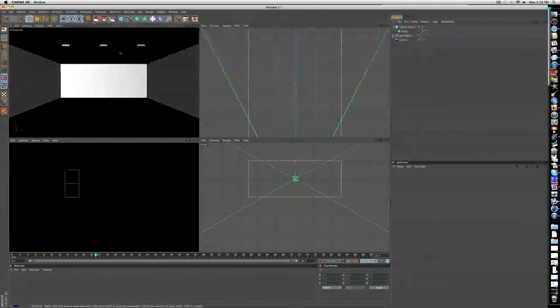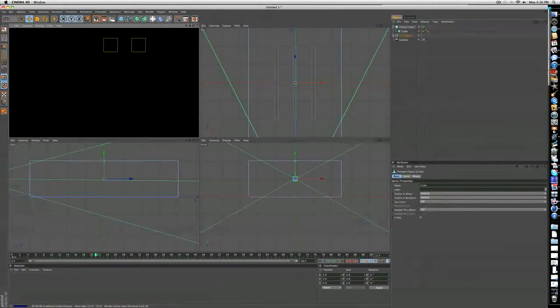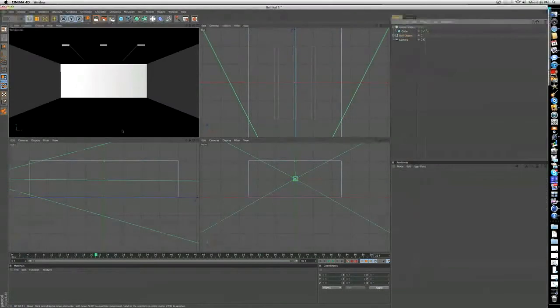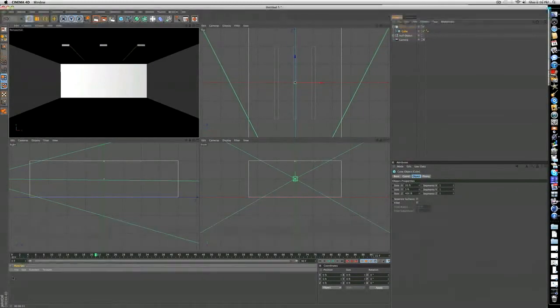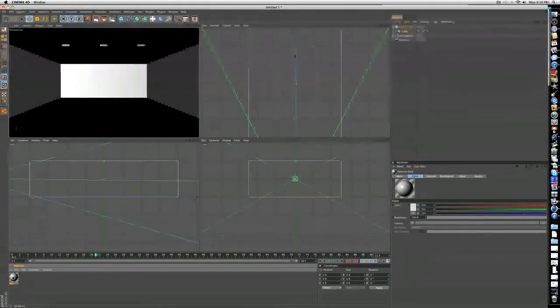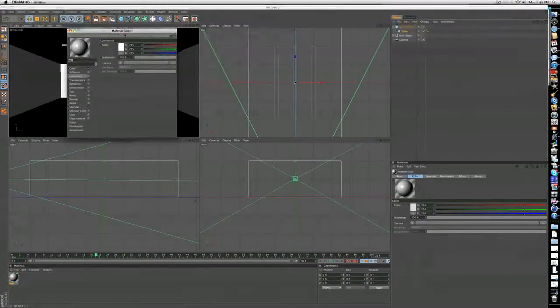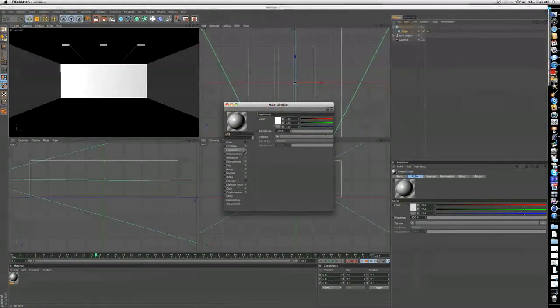oops, wrong render. Let's just render that. You'll see that nothing's happening, and that's because for global illumination to work, you need to add lights. And so the way you're gonna do that, these 3 cubes are gonna be your lights. So double click in the Materials tab, and double click again to open the material. And you don't need to change the color, just check off luminance and put the brightness of that luminance to